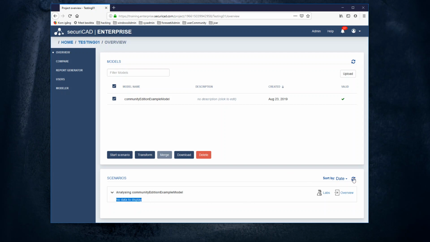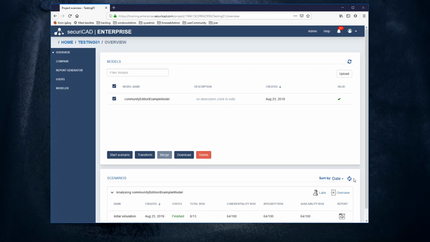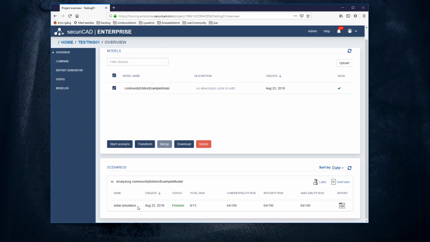But if we reload here, we see that there is a simulation called Initial Simulation that has finished on August 23rd, 2019, and that is just about now. So this means that we have our first simulation in securiCAD Enterprise, and we can click on this report icon here,